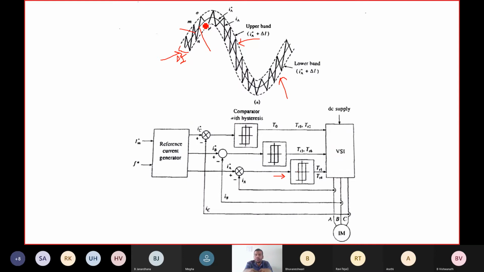After another cycle, it reverses again: TR1 is off and TR4 is on. When TR4 is on, the phase A is connected to the negative terminal, and the negative IA flows. When the negative IA flows, the characteristics will be like this. The dropping characteristics are negative, and the upward characteristics are positive.